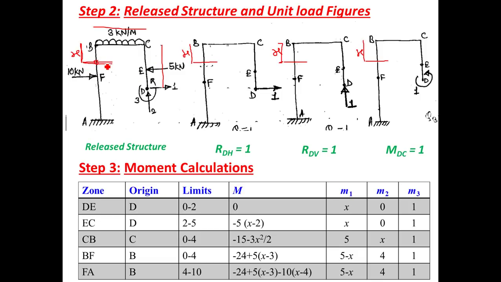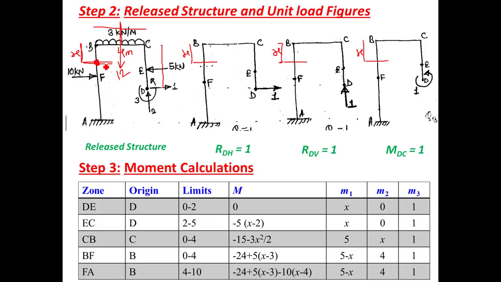Now we are taking moment here. If you look at our upper portion, there is no load on this column portion, then there is a beam which is subjected to UDL. So we have to take a moment because of UDL. UDL intensity is 3 kN per meter and span is 4 meter. So 3 into 4, that is 12 kilonewton, acting at the center.